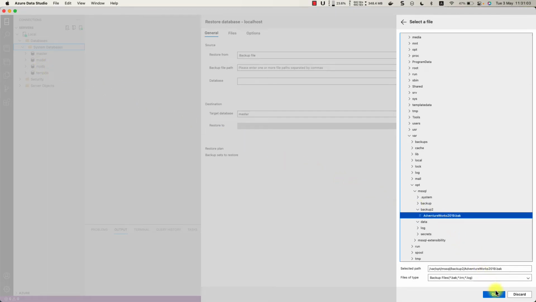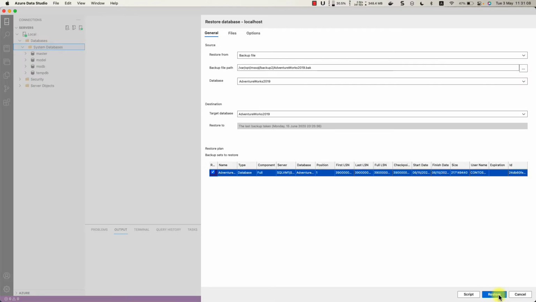I click on that and I click OK. When I click OK, it reads the file and shows me the name of the database in the backup file. It asks whether I want to create the target database with the same name. Yes, I want the same name. I click on this and I click restore. You can also create a script, but I'm going to restore directly. So when I click on restore,